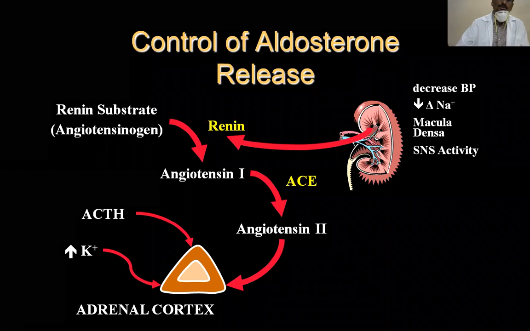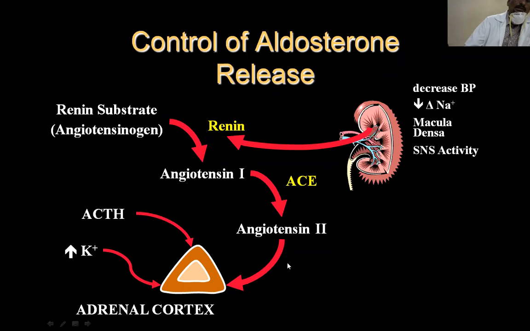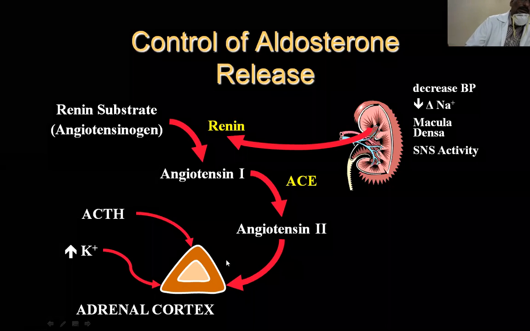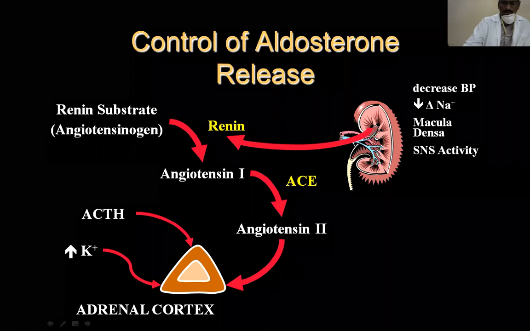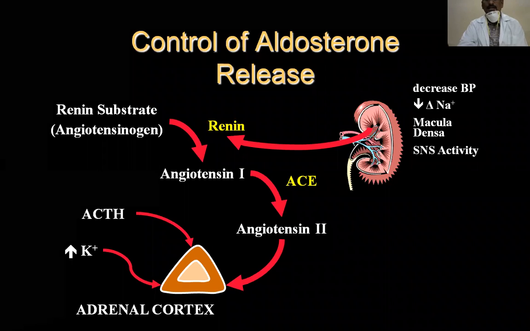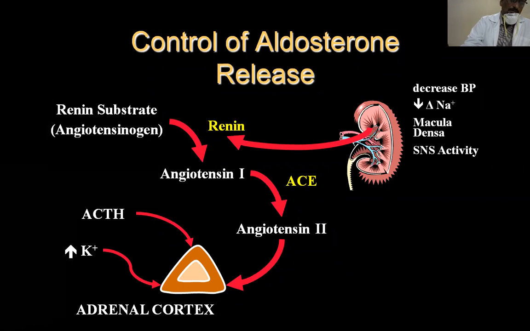Angiotensin 2, as I said, has specific receptors on the adrenal cortical cells, especially the zona glomerulosa. The binding leads to the release. Now, how does the potassium ion bring about this action? The potassium ions will cause